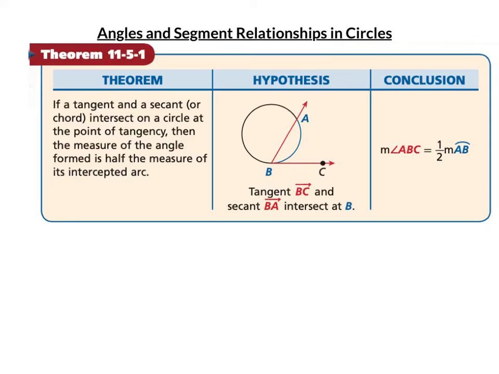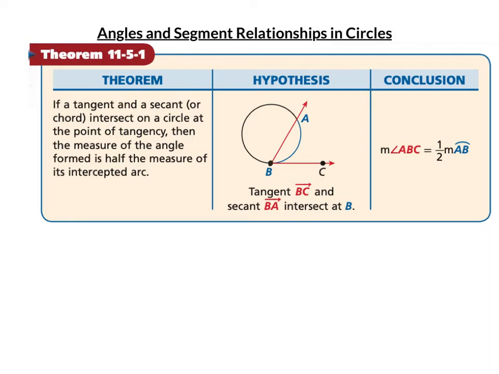Angles and segment relationships in circles. There are a bunch of different properties we're going to look at. I would take notes. First one, if a tangent and a secant or chord intersect in a circle at the point of tangency is